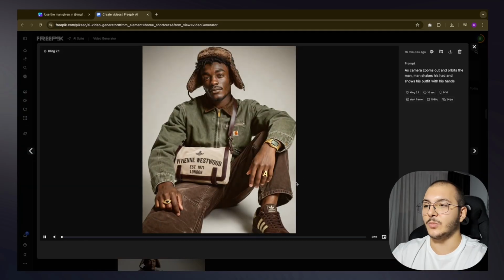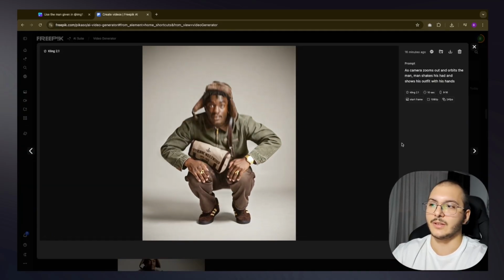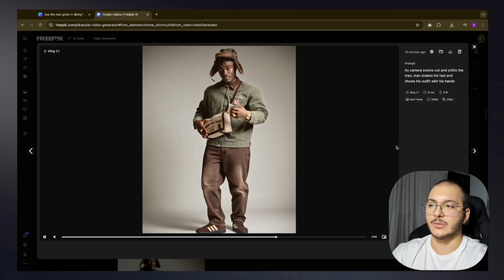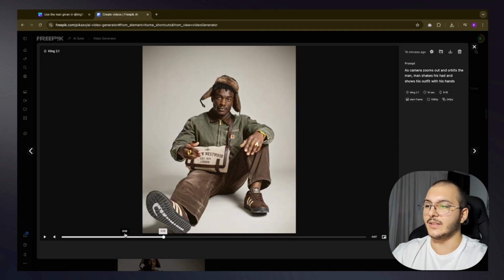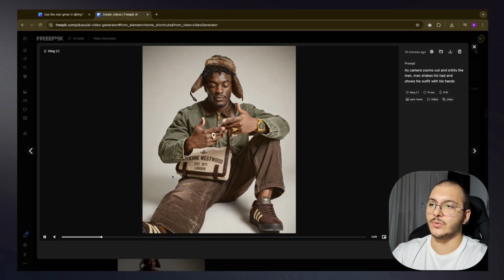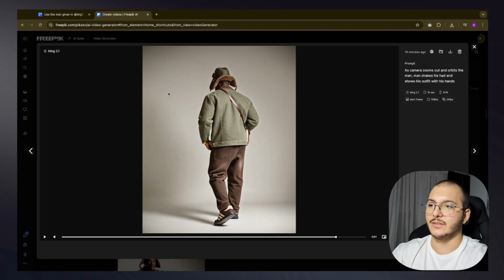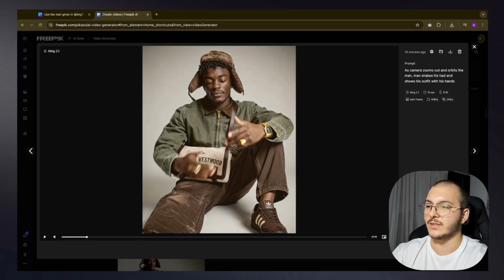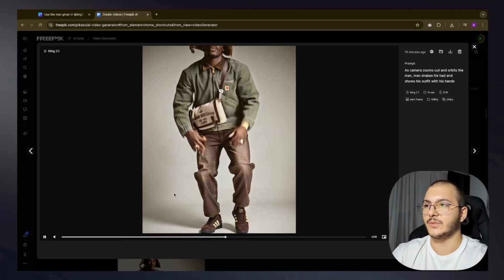Then I tried Kling 2.1. So this is good. Like, this is honestly good. He gets up, everything looks realistic-ish. Then it showcases all of the clothing. It even tries to show the stuff that it didn't know at the start. It didn't know what the backside would look like. The shoes are very consistent. This is what I think is the best result I have seen out of the generations,